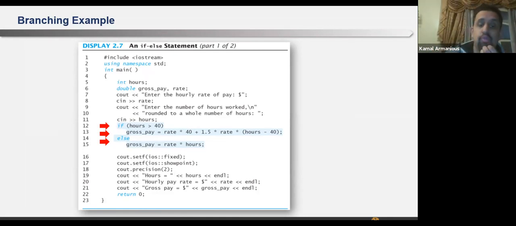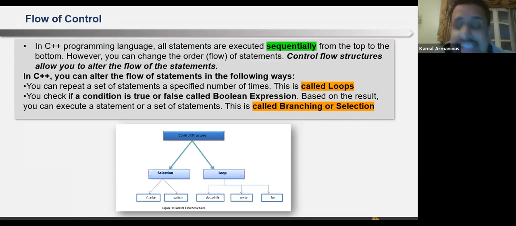Except with what is so-called a selection, meaning I select whether I will choose this statement or that statement. Or a loop, meaning I will repeat certain statements again and again.